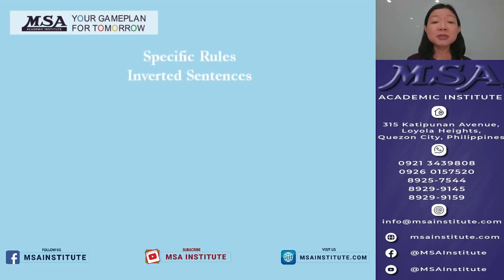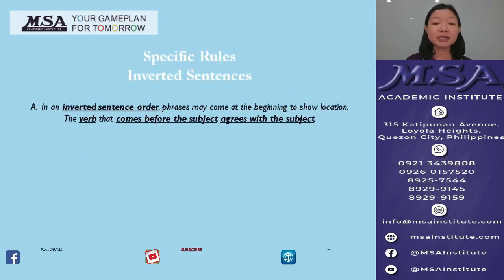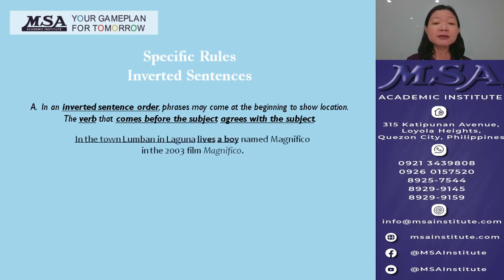Now a sentence may be in an inverted order. In an inverted sentence order, phrases may come at the beginning to show location. In this case, the verb that comes before the subject agrees with the subject. For example, in the town Lumban in Laguna lives a boy named Magnifico in the 2003 film Magnifico. This sentence is an inverted order where the singular verb lives agrees with the boy, the singular subject of the